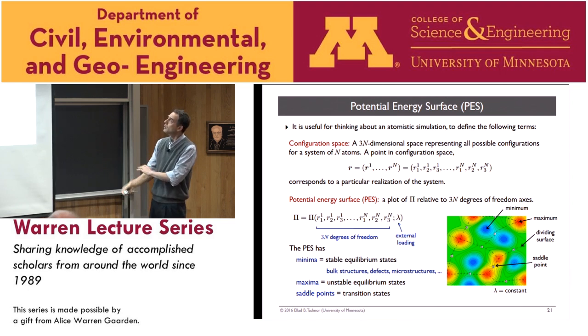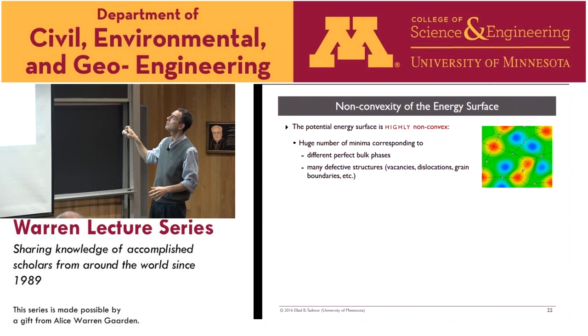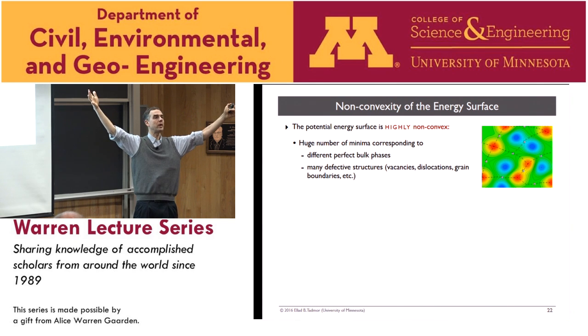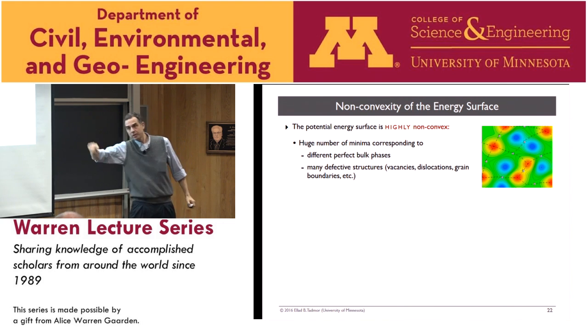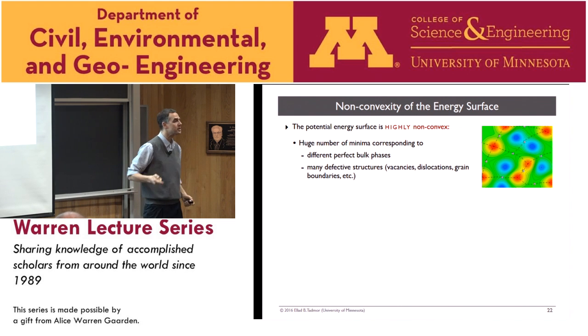So we have this picture of all these minima. And this is where I was talking about the fact that this is non-convex. If it was convex, there would just be one minimum, and that would be the end of the story. It would be a nice, simple system. It has only one option. It's non-convex, which means it's like this, and it's got many, many, many places that it can go.